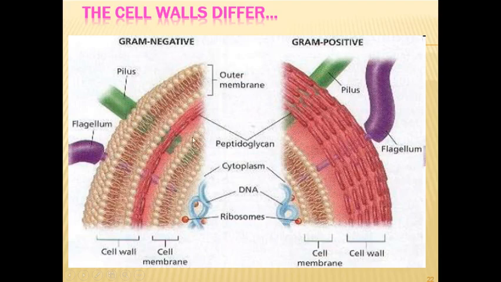You can observe here, this one is the lipid layer, the lipid bilayer. So the lipid content in gram negative bacteria is high, but when we observe the gram positive bacteria, this one is the peptidoglycan layer and only here is the lipid bilayer. Gram positive, positive nothing but the addition, so exactly opposite. So in gram positive bacteria there is a low lipid content. This is the actual difference between the gram positive and gram negative cell wall.